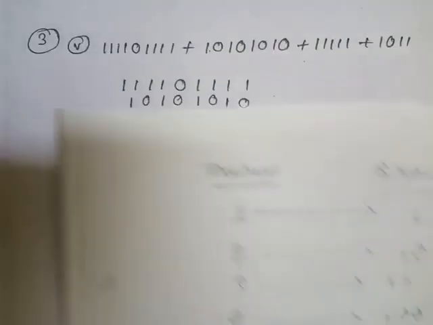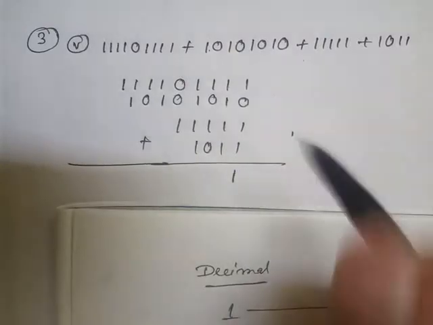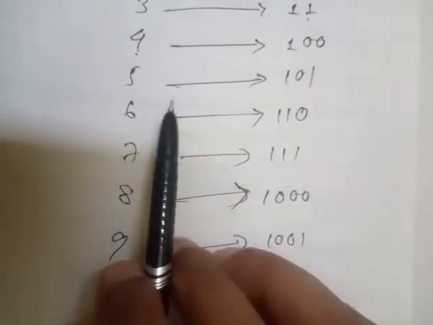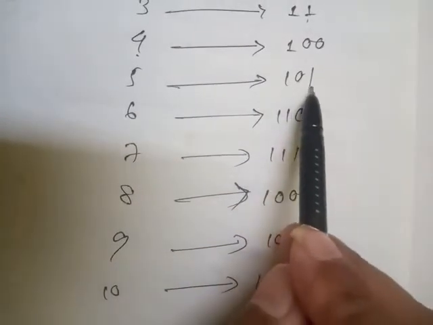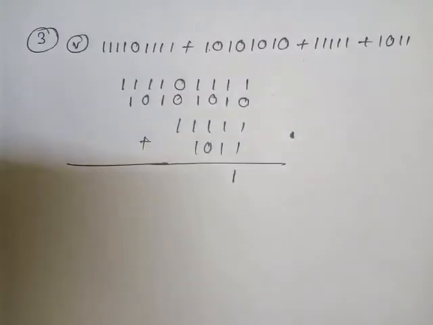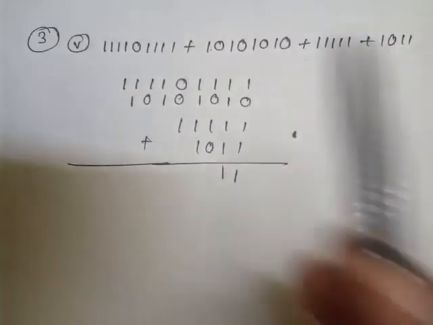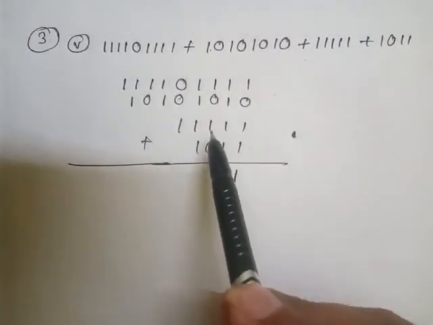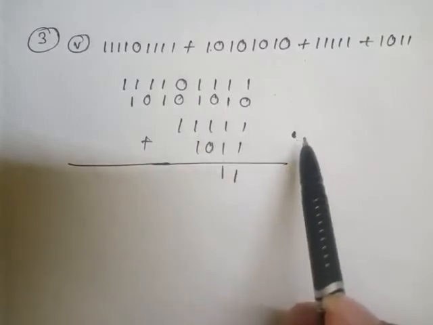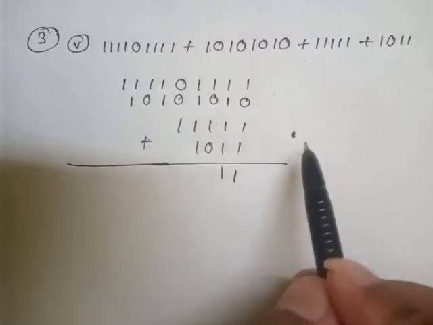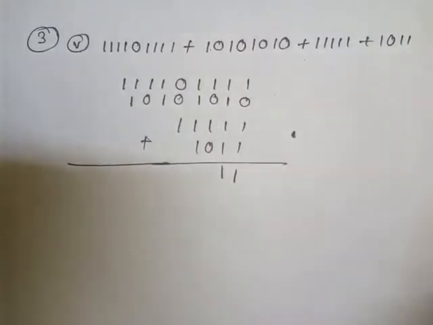4 in decimal, but in binary 100. So here if it is 100, now carry with 1, which means 101, means 5. If it is 5, then 101. And if it is 101, I put here 1 and carry will be 10. Now look here, 1 plus 1 is 2 and there is carry 10. If it is 2 it means 10, and again 10 means 4. If it is 4, then